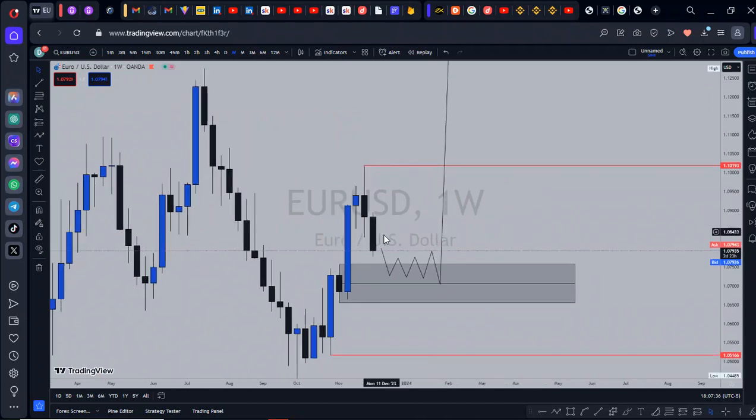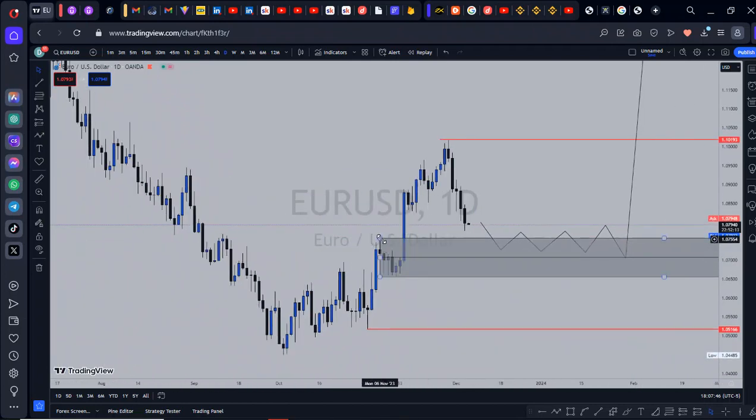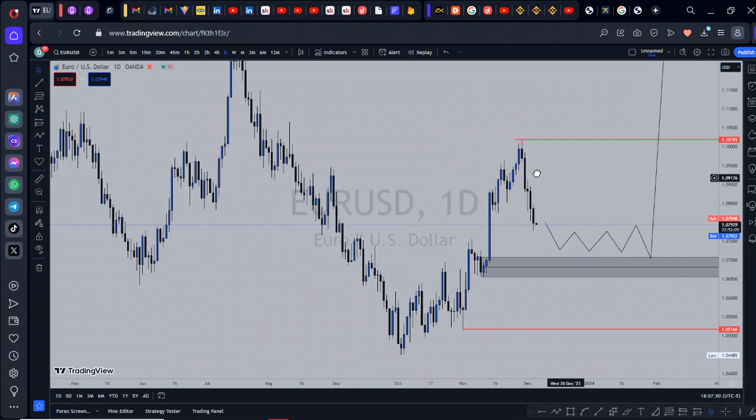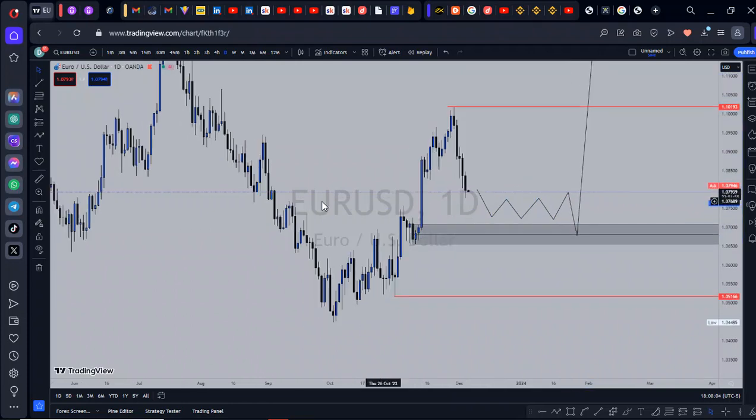All right, so now my attention is on this weekly demand zone. Now, if you run down to the daily time frame, this is our daily refined. Now, this is the daily order block, and that is what I will be looking at. So if price is to trade into the inefficiency, it could possibly watch out to see a confirmation entry right there on that demand zone, and we continue going higher.